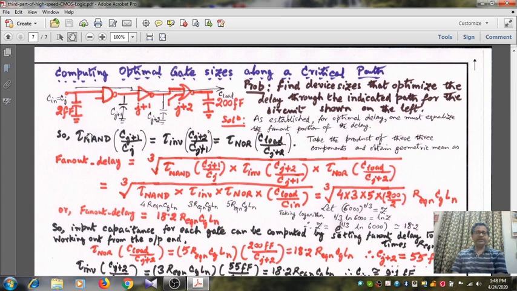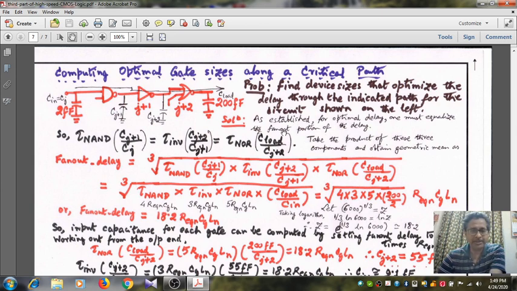So what is the specification? Specification is only that there is an output capacitance 200 femtofarad, there is the input capacitance 2 femtofarad, and you decide to have a linear chain which consists of a 2 input NAND gate followed by inverter followed by a 2 input NOR gate, nothing else. And what will we be able to find out? You will be able to find out the size of the individual transistors, all the transistors of the individual gates.